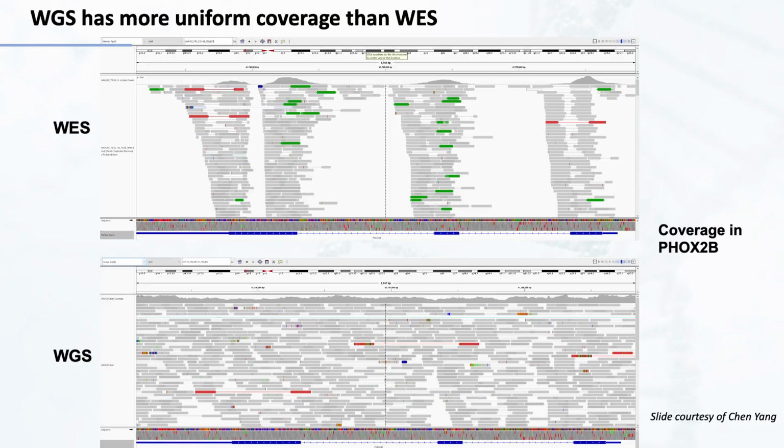So whole genome sequencing definitely has better, more uniform coverage than whole exome sequencing. Exome is shown on top, this is a view of IGV, and on the very top you can see the coverage bar, and you can see that sometimes the coverage is rather low, sometimes it's high, it tails off on either side of the exons. Sometimes there's a trough, as shown here. So there's sometimes a trough even in the middle of an exon in coverage,